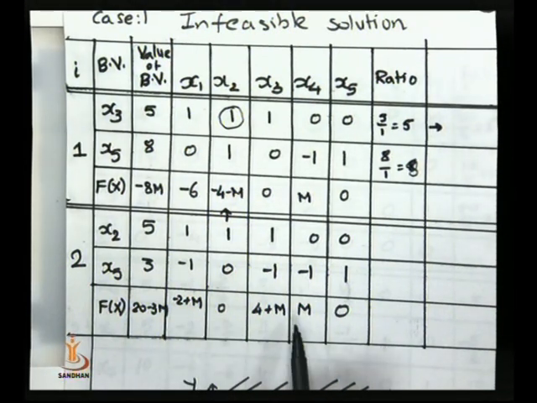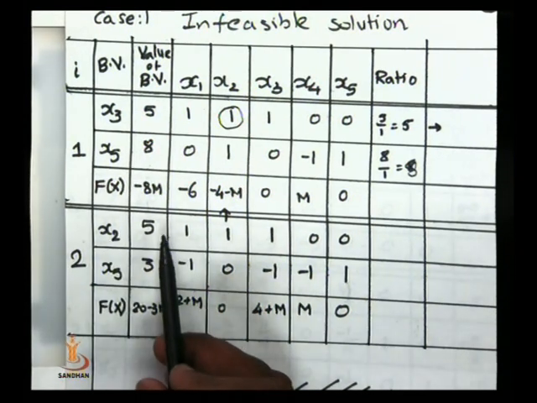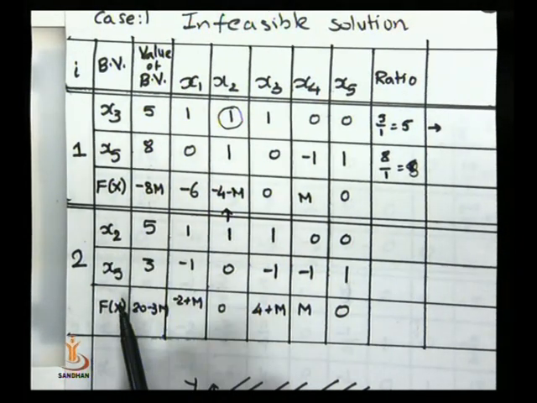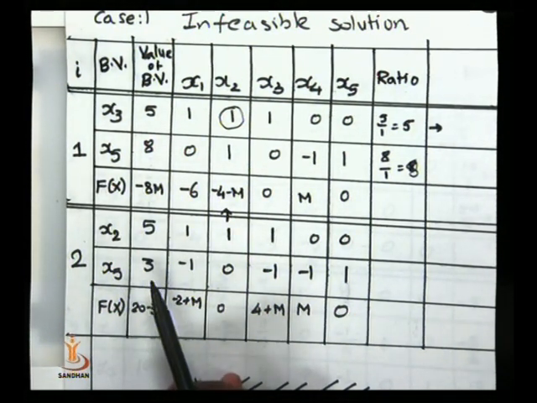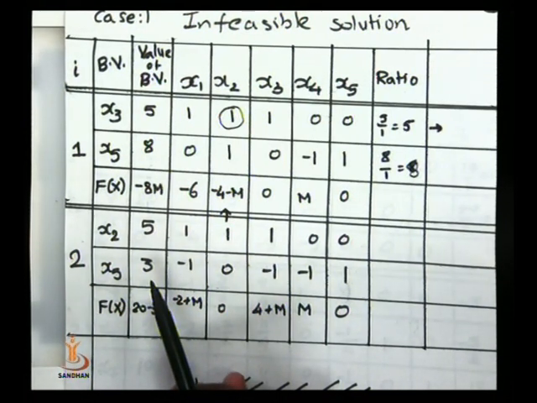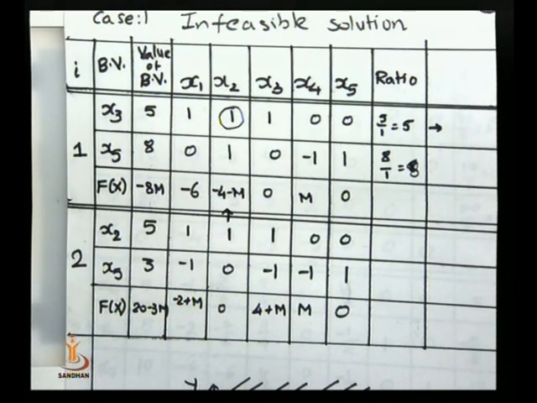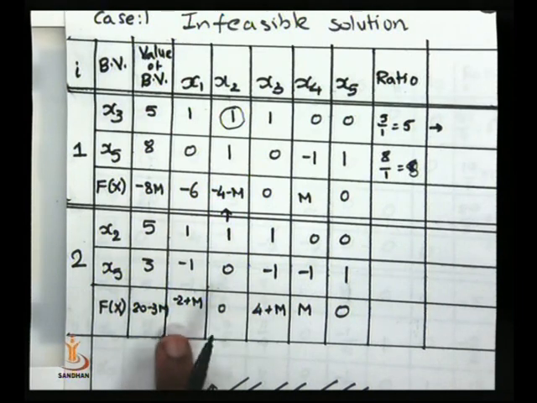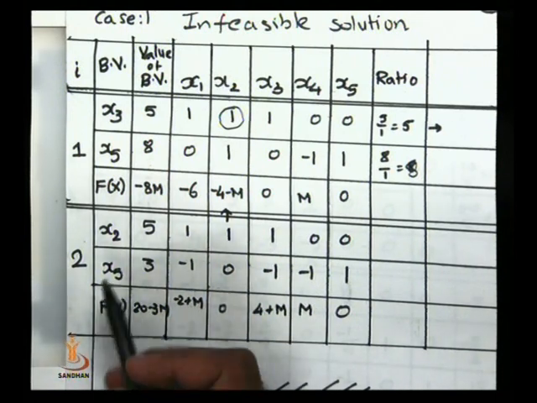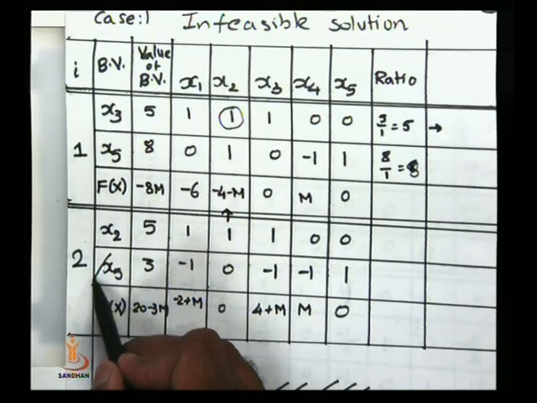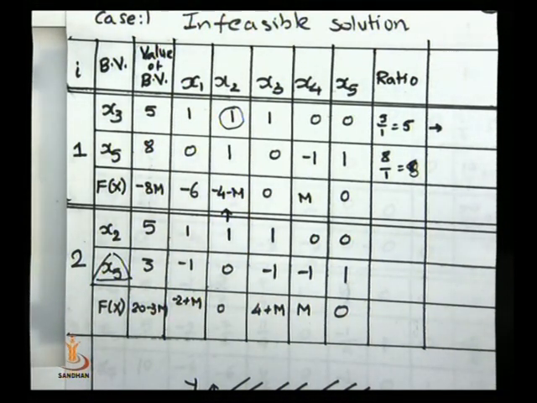Now in this, these are the non-negative values. So the current solution, that is x2 equal to 5 and x5 equal to 3, we intend to believe, are the values of the variables for the optimum solution. Means this current solution is the optimum solution. That may be our conjecture, but it is not so, because here these coefficients are positive, but x5 is an artificial variable. An artificial variable is still in the basis. This is not allowed in the simplex algorithm.